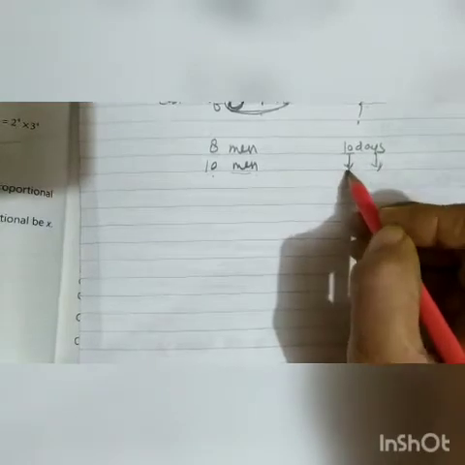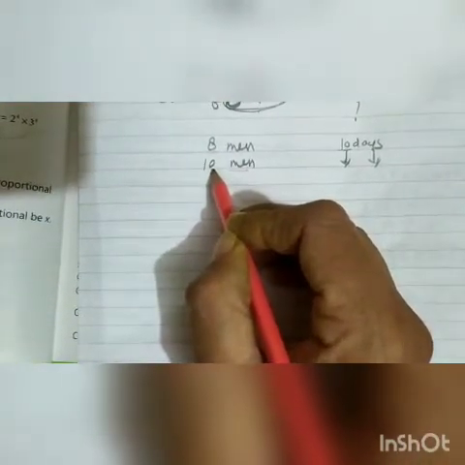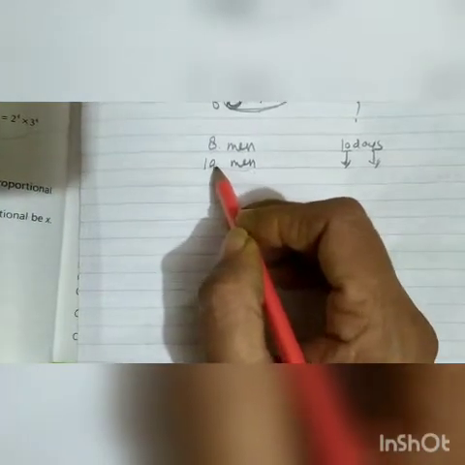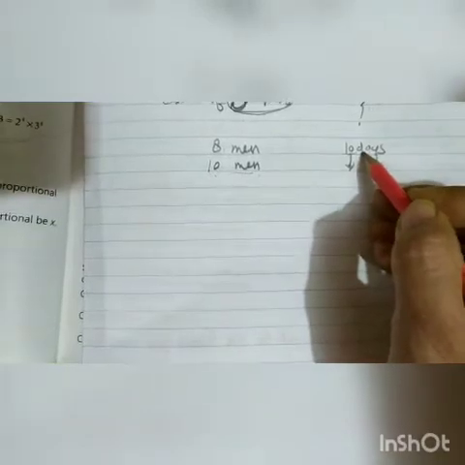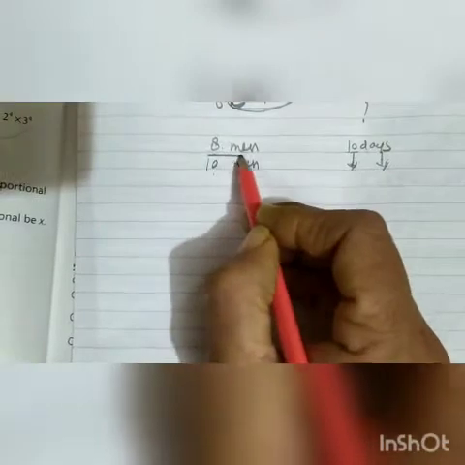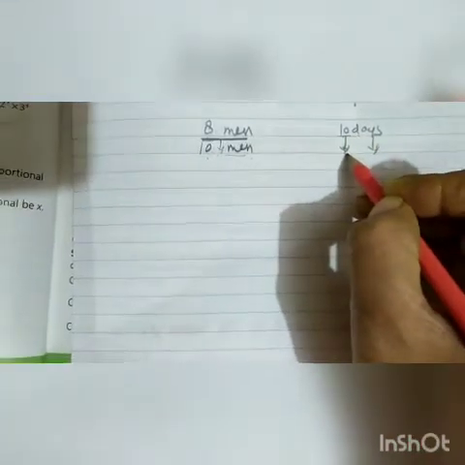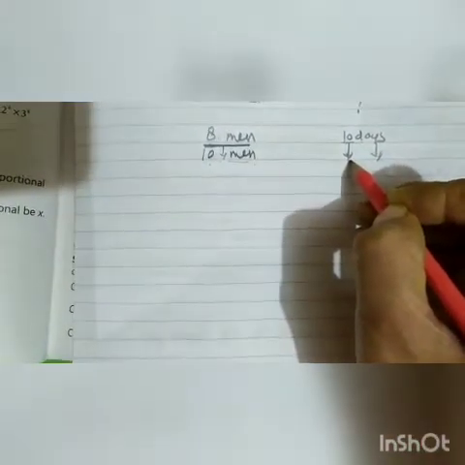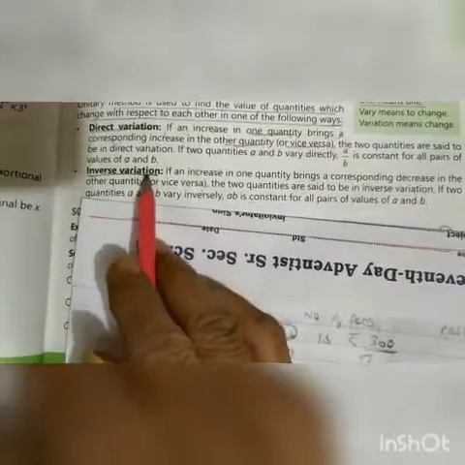Automatically they will take less time because the number of men is more this time. So they will finish whitewashing early, before 10 days. Yes. So see, here the number of men is increasing. Second time the number of men is increasing. Then time will decrease. Clear? So this is the case of inverse variation.